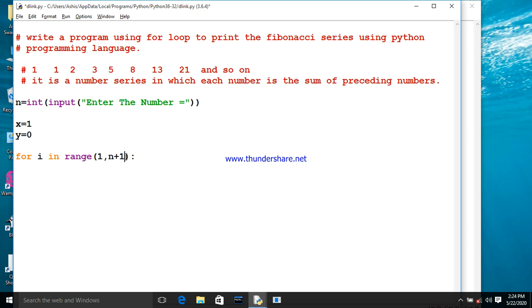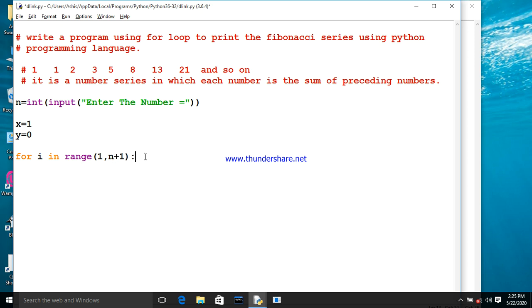Because if I omit the plus 1, then using a for loop in Python, it will not go up to its actual number. That means 1, n will run from 1 to less than 5, that is up to 4. But we want it to run up to 5. For that reason we have to use plus 1.